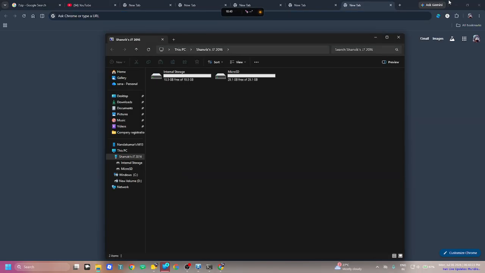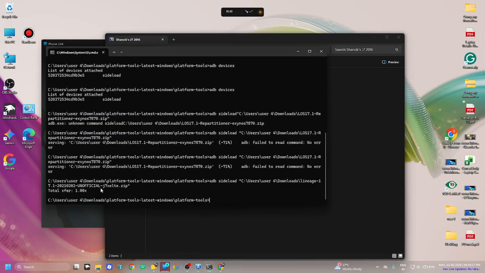The sideload is successful. Okay. And then if you want GApps, you get to the